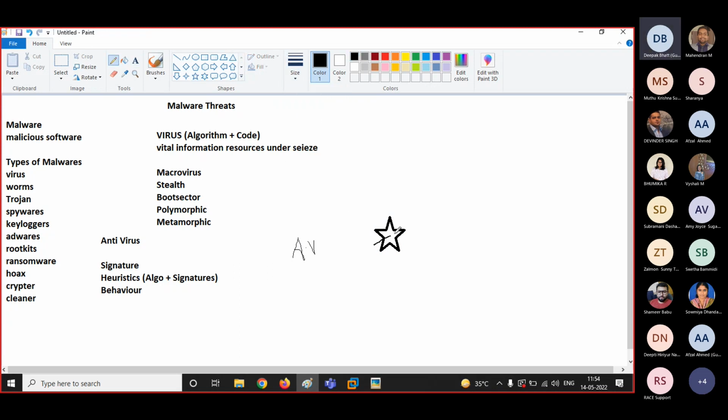Now what will this stealth virus be doing? It will be hiding its malicious files. Now this antivirus will be asking this stealth virus to provide the file so that it can check. So the stealth virus will grab a legitimate file and give it to the antivirus. The antivirus will check this legitimate file and, as it is legitimate, it will allow the stealth virus to pass. This is why it's very difficult to catch stealth virus.